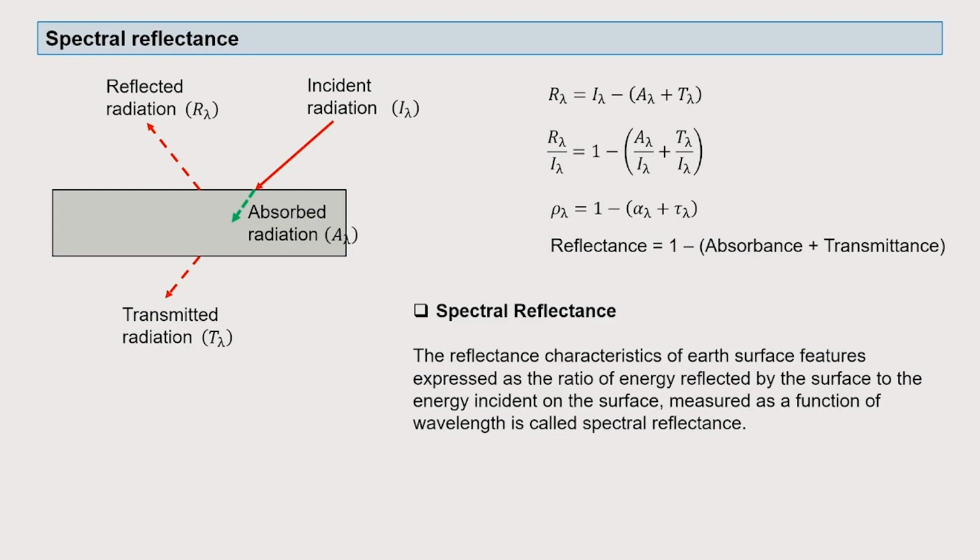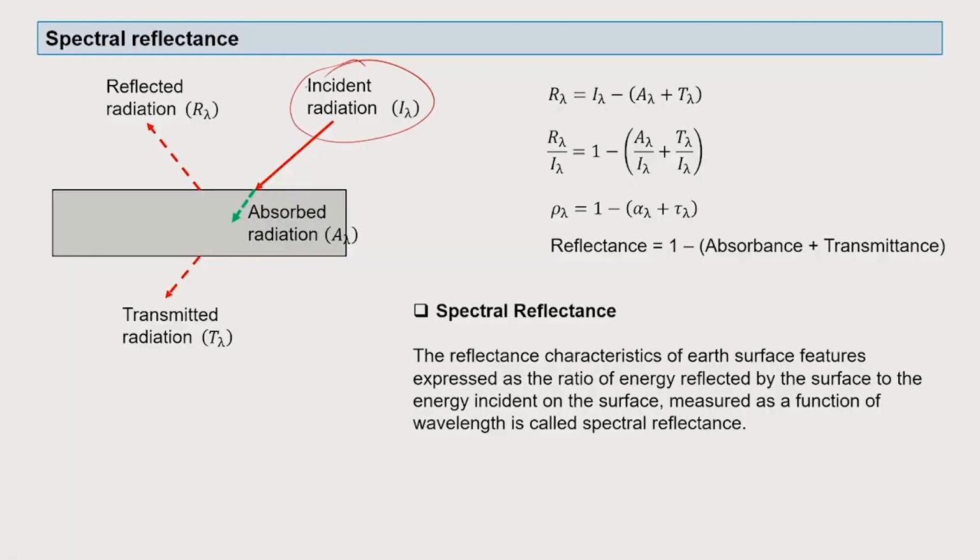We discussed various other aspects also, the nature of radiation, and how from different surfaces the electromagnetic radiation goes back and gets sensed by the different types of sensors. Today we will focus largely on the spectral reflectance and